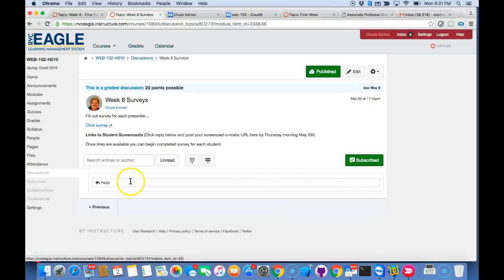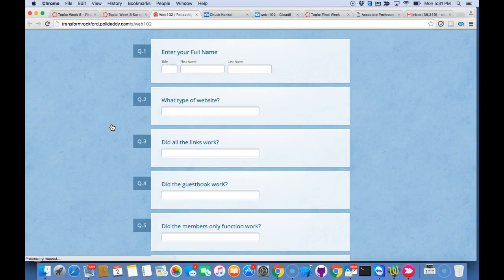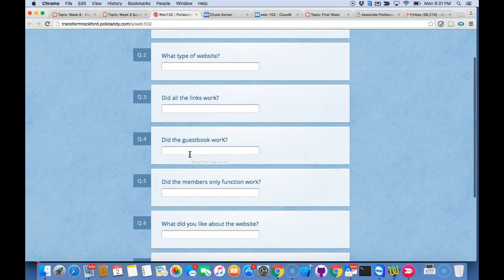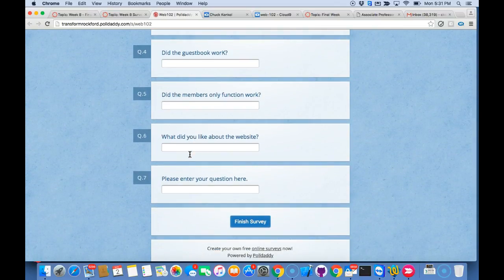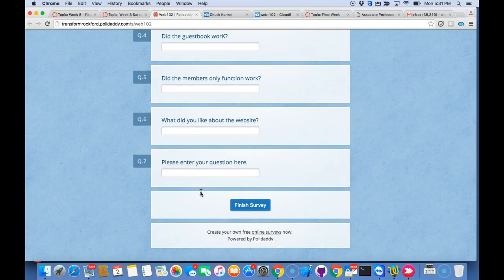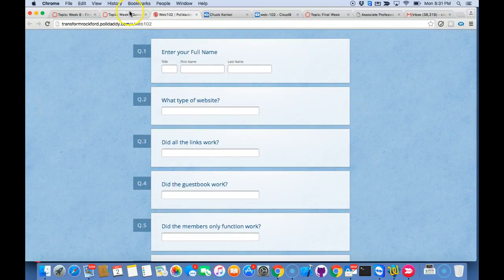In here, basically, you'll be posting your screencast, and I'll do an example here in just a second. You'll watch each other's screencast, click on a survey, and answer the following questions for each other's screencast. Enter the name. You can leave out title, just first and last name would be great, of the person you're reviewing their screencast. The type of website. Did all the links work? Did the guestbook work? Did the member modules function work? What did you like about the website? Please enter your question here if you have one. And then finish the survey. You'll finish one of these on each person's